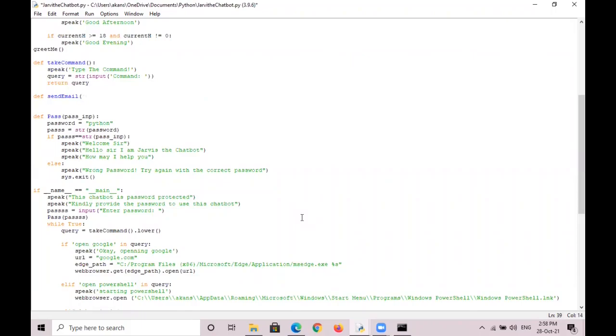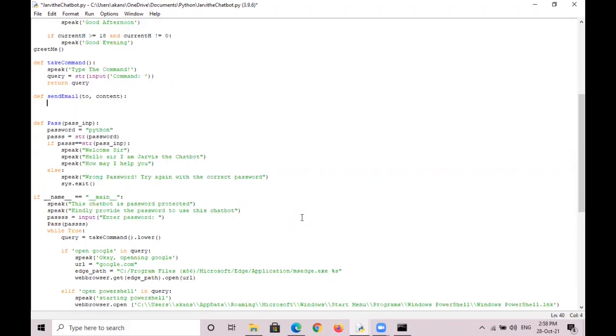So I'm going to write def send email, and in brackets I have to write to, content. Okay, and then just give a colon, click enter, and you have to write server, which is the variable name, which is compulsory also, equal to smtplib. The spelling is a bit difficult for me to memorize. Dot SMTP in caps, and in brackets you have to write